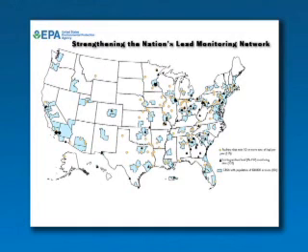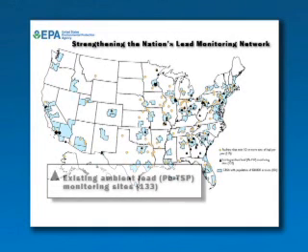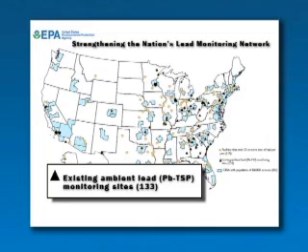So we've talked a lot about the numbers of monitors, about the deadlines for getting monitors out. Let's turn now to monitoring methods, and let's talk about how you're going to measure lead. What methods should agencies be using to measure lead in the ambient air? There's an existing federal reference method, what we call the FRM for lead, that's been around essentially for decades. It's the high volume TSP, total suspended particulate method for lead with atomic absorption. It's called TSP with AA. That's a method that's been around for years, and it will continue to be an acceptable method for lead.